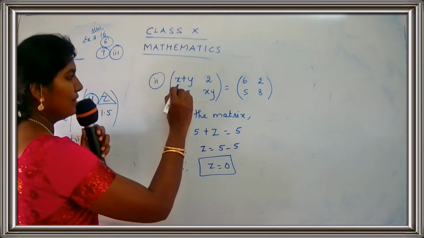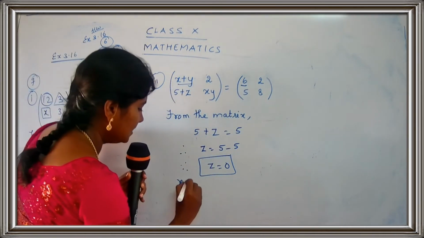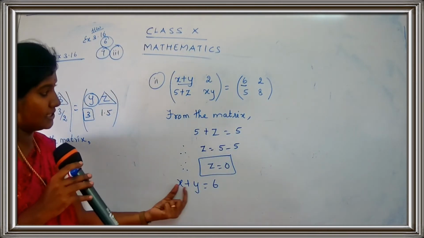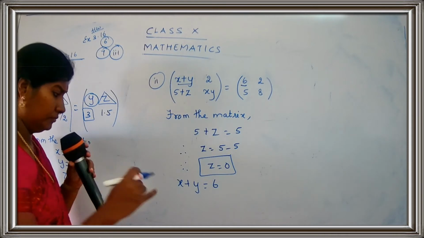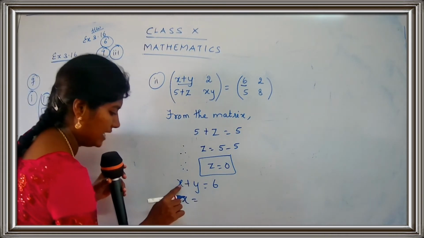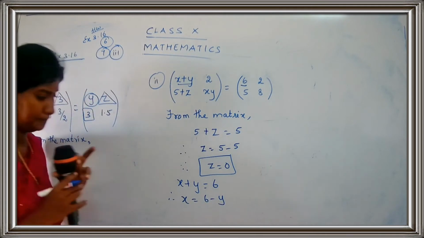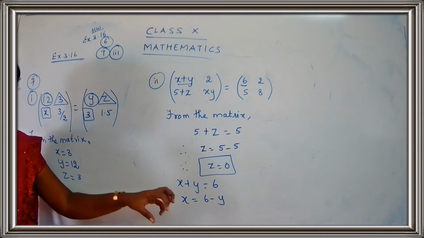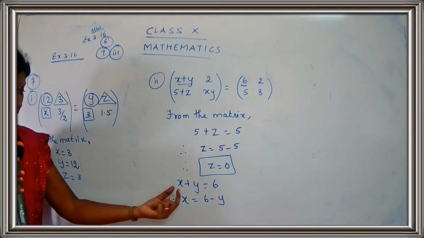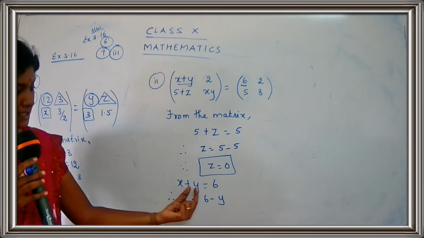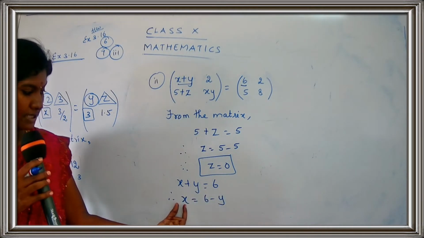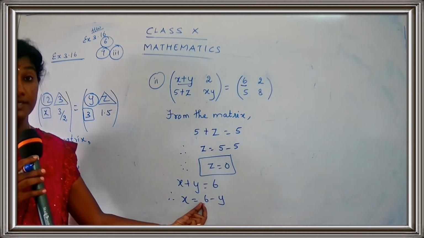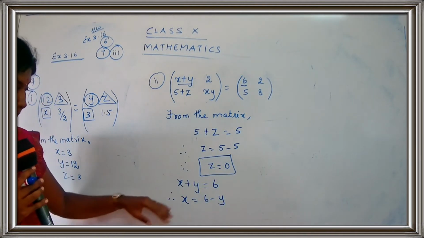So now what else do you have? You have x plus y is equal to 6. Okay children, so what do you get here? x plus y is equal to 6. Try to find the value for x from here. So x is equal to 6 minus y. Are you clear children? I don't know the value of y, so just keep it. Just try to simplify and keep it. So what have you taken? x plus y is equal to 6. So x is equal to, what is the value for x you get? The plus y goes to that side. So you get x is equal to 6 minus y. Just keep this as it is.